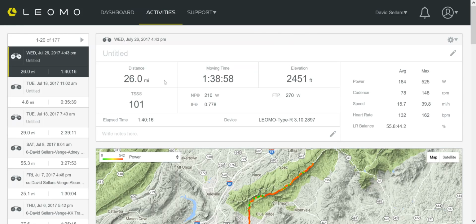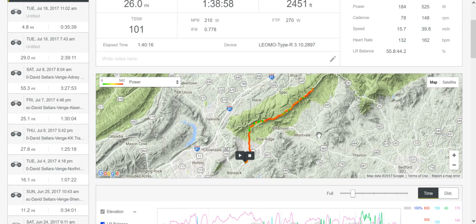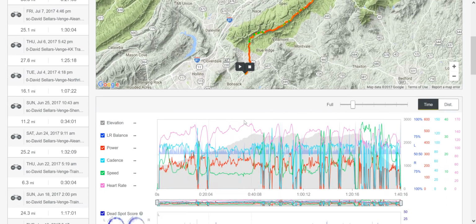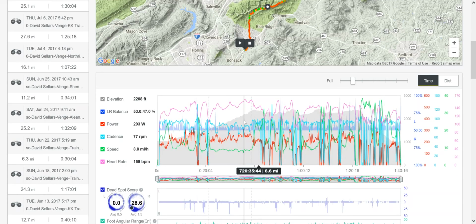So first off, you can see right away that you've got some basic metrics here at the start. You can click here, change your title, put some notes in here. Write in what you felt like, how you felt on your ride. We're looking at Coach David Sellers. He's one of the coaches here at Peaks Coaching Group and has been using the Leomo Type R for quite a long time. You'll notice here too, he's got some great data in here as well,